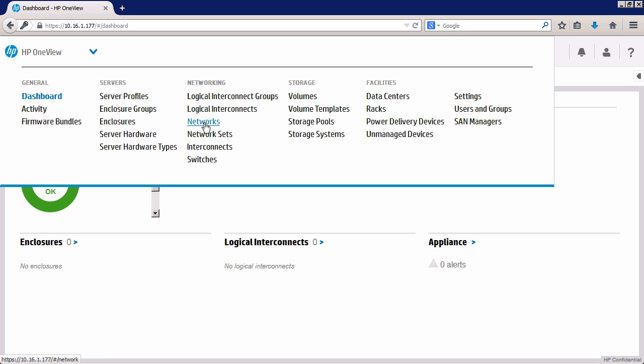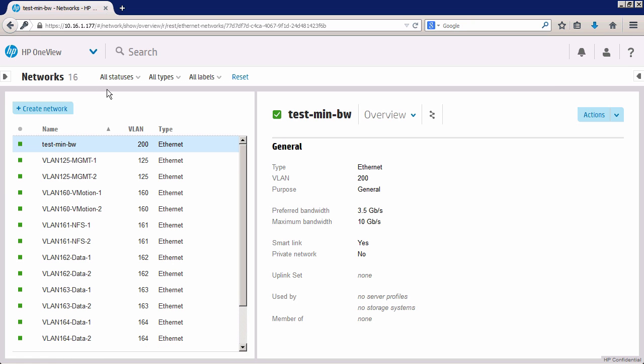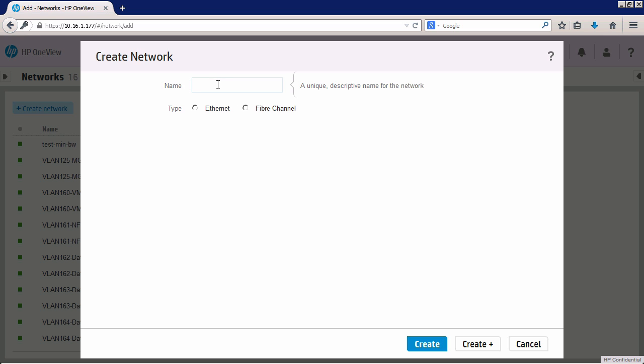So in this example, we'll assume we have one enclosure and two Virtual Connect modules, say Flex Fabric in IO Bay 1 and 2, and we have some connections going to the Ethernet switch and some connections going to the Fibre Channel switch, and we'll set up some networks. So let's get started. Okay, so this is a network I already set up. We'll just set up a new one. So for VLAN 10,